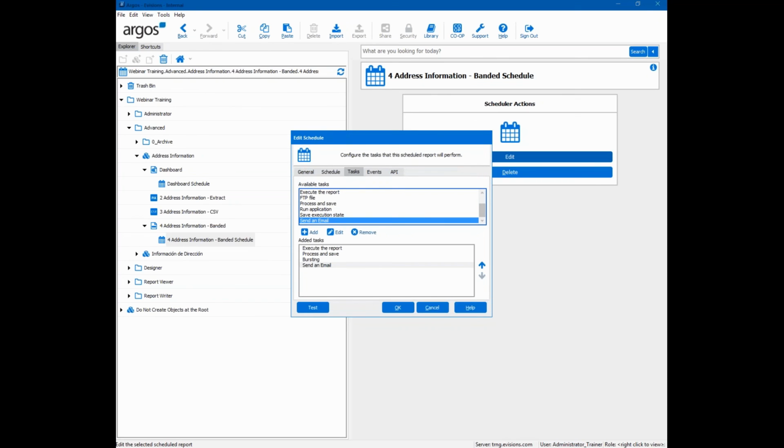Now that we have set up our bursting condition, we'll need to make sure our tasks are in the proper order. We can use the up and down arrows to change the order of the tasks. We'll make the bursting task the second task by moving it under the Execute the Report task. Next, we'll make the Process and Save and Send an Email tasks subtasks of bursting. Now when the schedule is activated, it will separate the report into several individual reports per state and will email